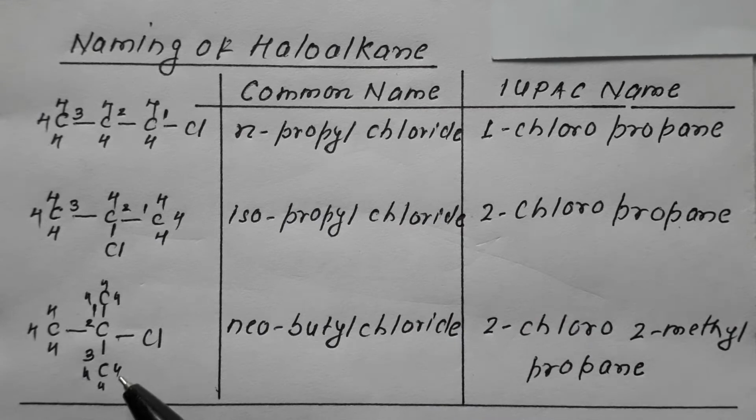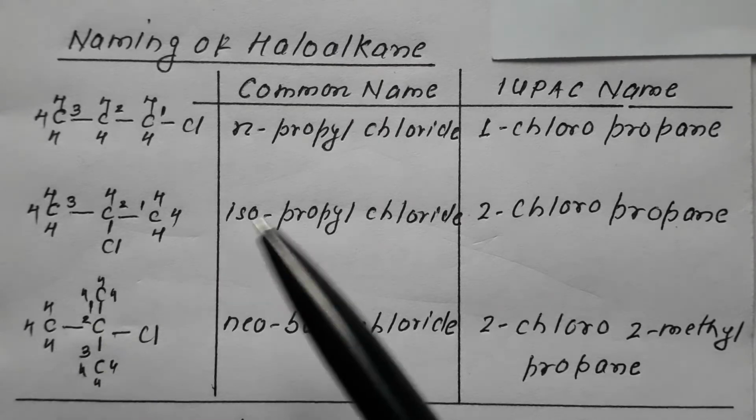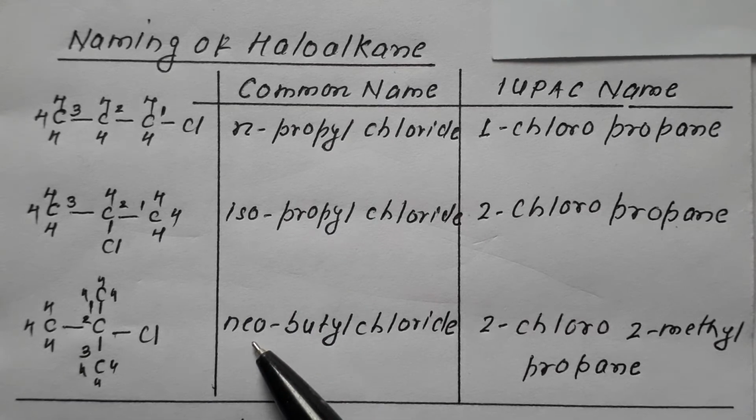Now this is a compound which has 4 carbon. Therefore this is a butyl compound. Halo is chloro, therefore this is termed as butyl chloride. Since there are 2 branches attached to this chain, carbon 1, carbon 2, carbon 3, no branch is normal, 1 branch is iso, 2 branches is neo. So these are the common methods of naming organic compounds you have done in class 11th also.